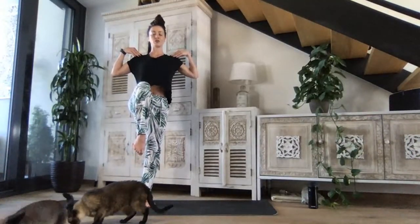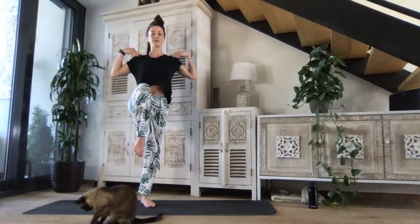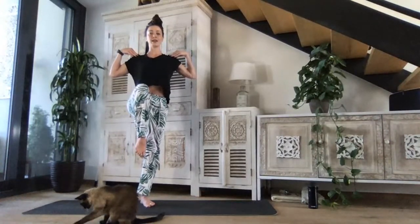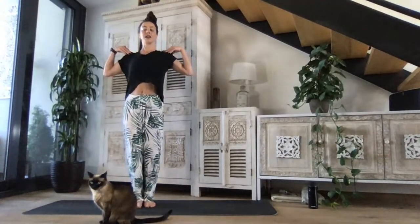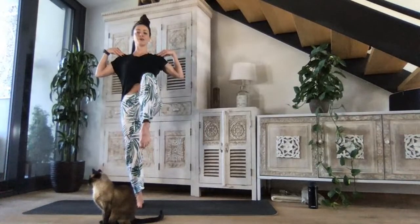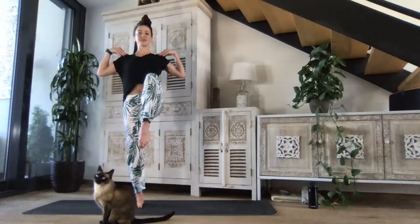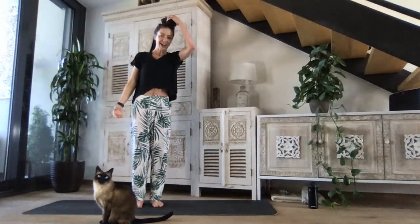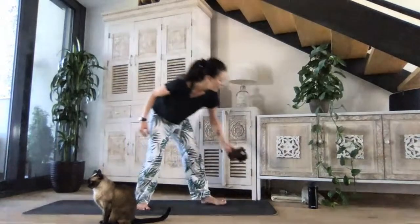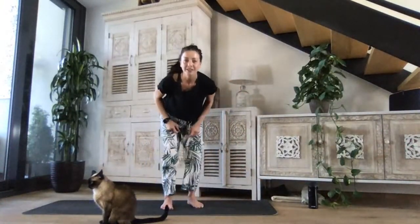So nice and tall, like a beautiful tall flamingo, balancing on one leg because they usually just stand on one leg. Nice and tall. And then we're going to put that leg down. And we're going to raise the other one, lifting up, up, up, up. And then letting it come down. And we can take our teddy or our book off our head